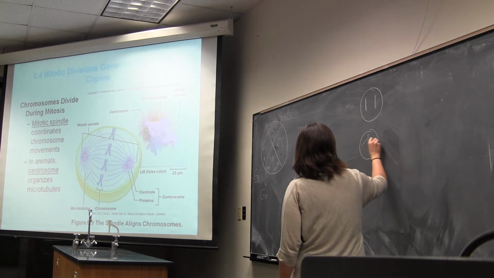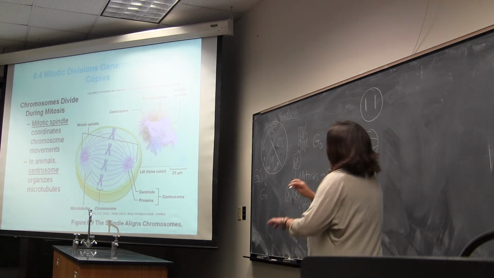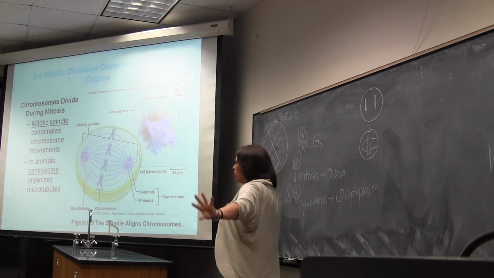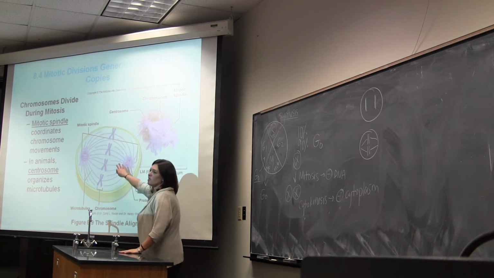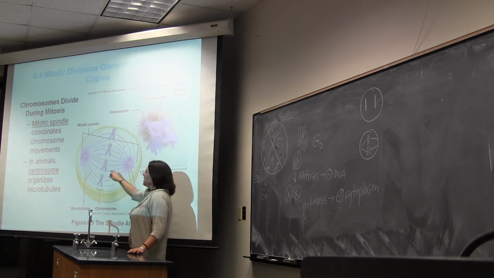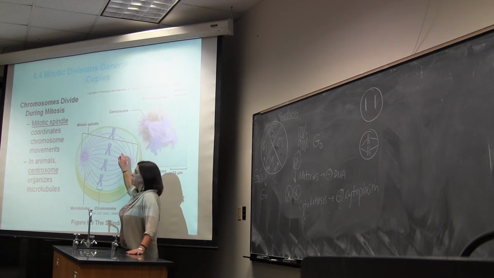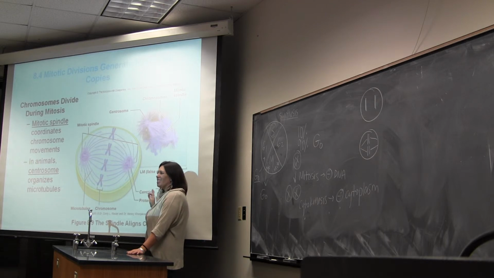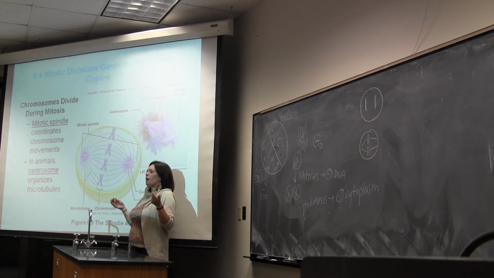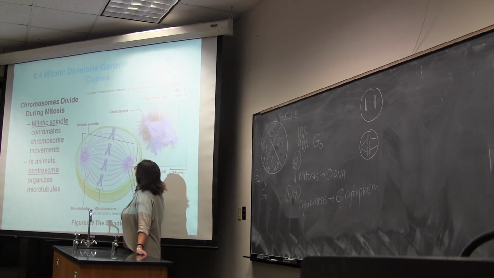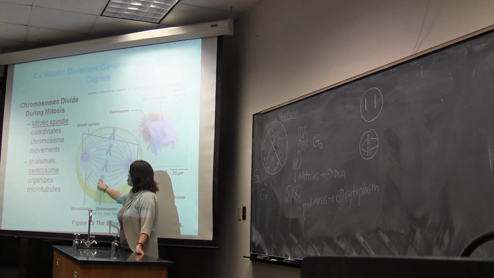these copies to opposite sides of the cell. And the way that we're separating those copies from one another is through this mitotic spindle, which is made up of all of these microtubules. These microtubules are going to be emerging out of this structure called the centrosome. The centrosome basically is in charge of making microtubules. And so the centrosome is making all these microtubules, they're going out and they're attaching to one side of each